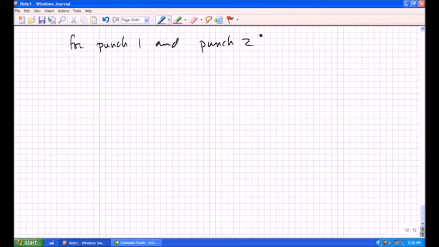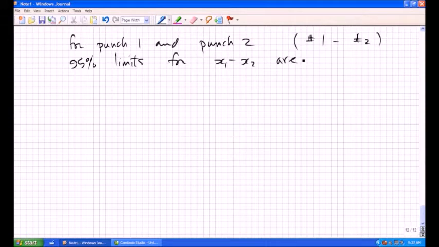Say, in the order number 1 minus number 2, the 95% limits for x1 minus x2 are, well, I'm going to take the two sample averages, take their difference, and I'm going to hedge by a t-value